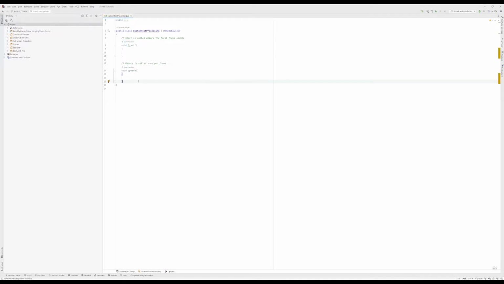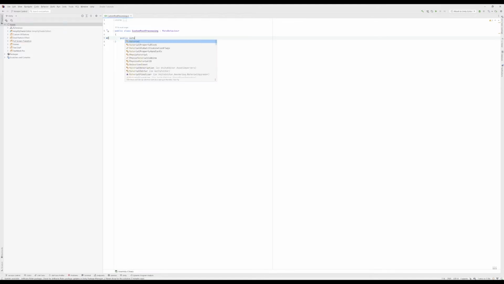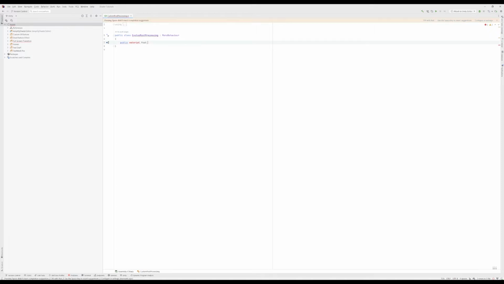So the purpose of this script is essentially to take the render that we get out of the shader and overlay it onto the camera, or use it instead of what the camera sees. So we're going to want to take in a material. So public material, and we can call it post processing material. I need a capital M there, of course. So public material. And then what we can do is we can just create